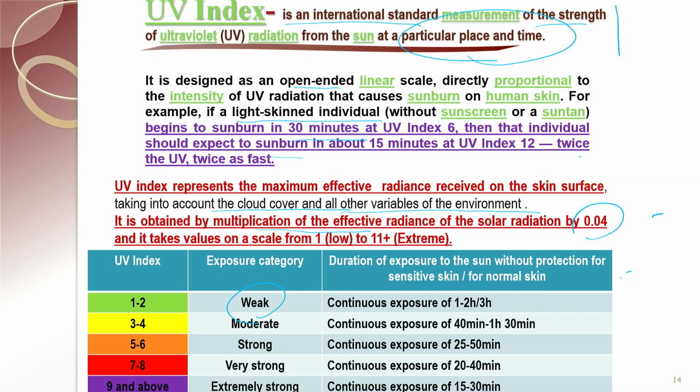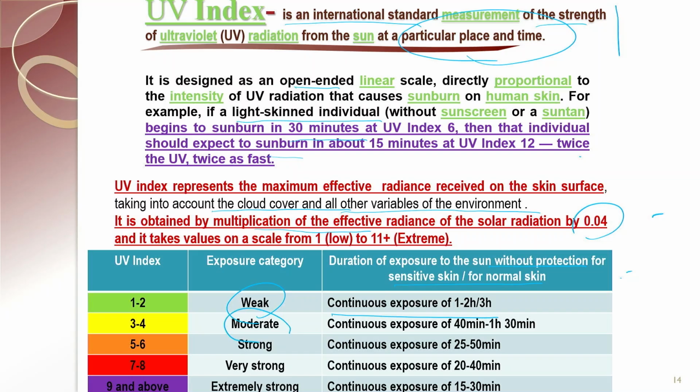Continuous exposure of 1 to 2 hours, 2 to 3 hours we can have without any protection, for sensitive skin or normal skin. So, that will give us an idea. Without any protection, if the UV index in a particular place is 1 to 2, then there won't be any significant effect. 3 to 4 is moderate,